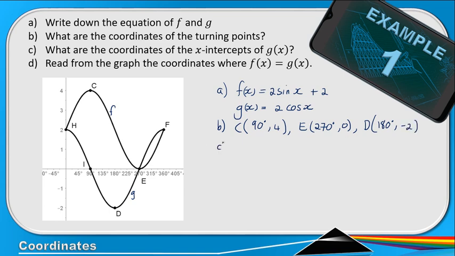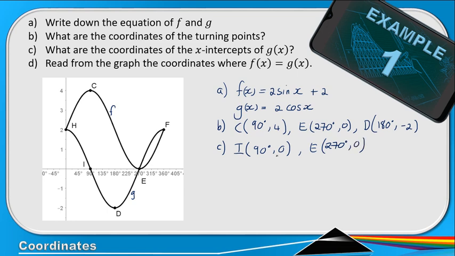Right, so for C, it says what are the coordinates of the x-intercepts of g of x. So x-intercepts obviously are where your graph cuts the x-axis. So you can see the first one here at I, and the coordinates for that will be at 90 and 0. And then the next one, it cuts again at E, and the coordinates, as we saw, was 270 degrees